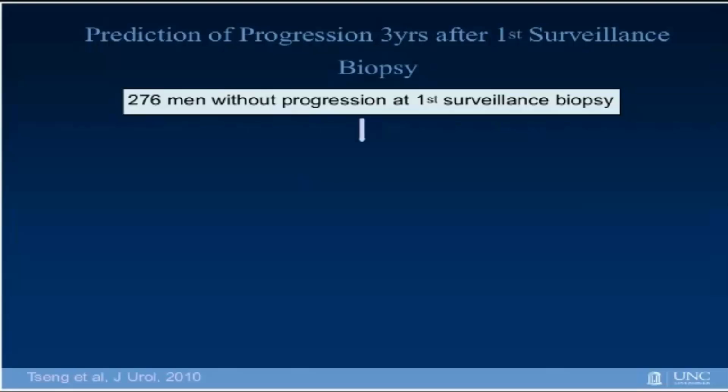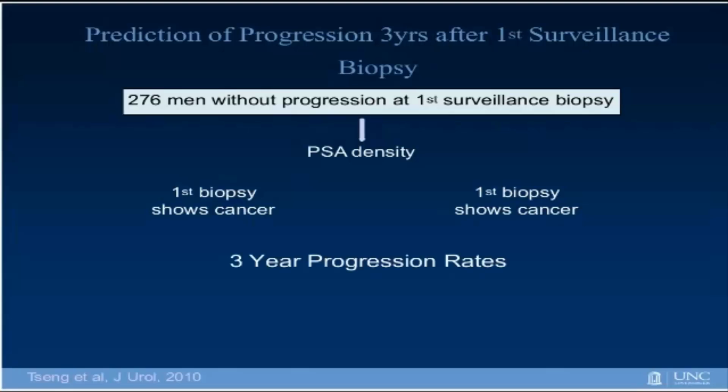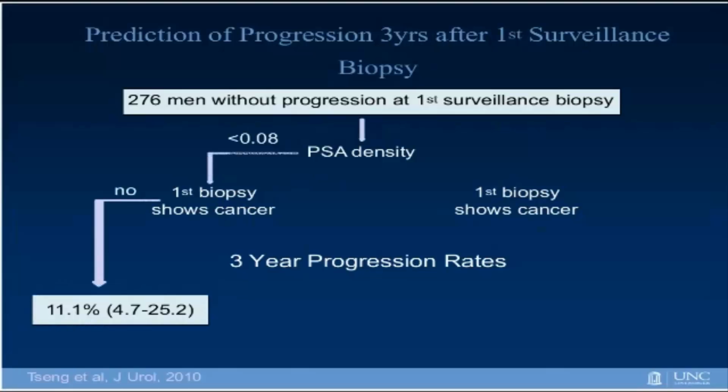This slide from the same study looks at prediction of progression 3 years after the first surveillance biopsy. So this slide reflects the results of that first surveillance biopsy. So a man decided to do surveillance, enrolled in the program, came back 1 year later for his first surveillance biopsy. And these data were stratified based on PSA density and whether or not the first biopsy showed cancer. So among those men who had a low PSA density, and this is a number that we use to adjust